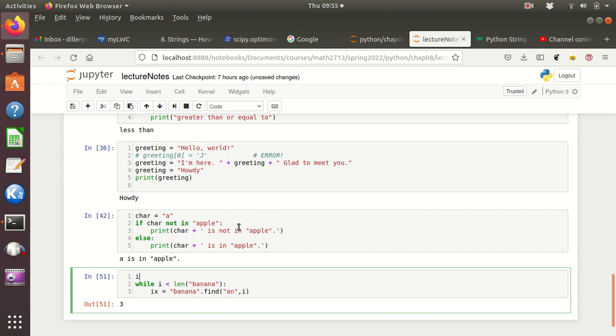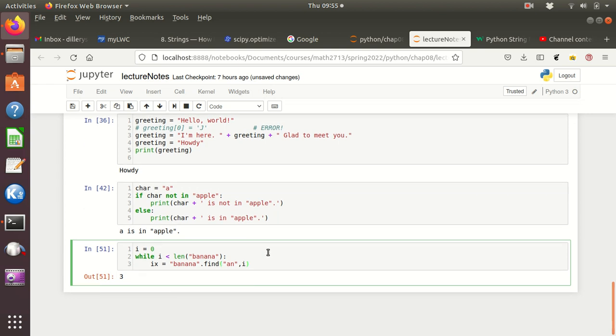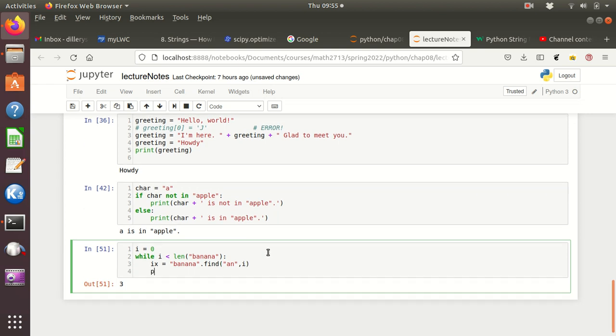So I equals 0. And so while it's less than the length of the banana, we'll do this, and then we'll print